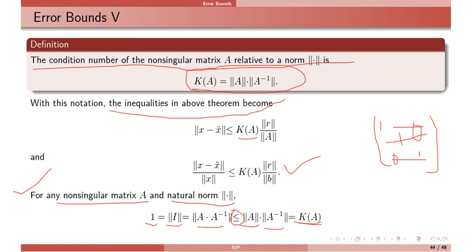Unlike the one dimension problem in which we stated that the condition number is 1 or less than 1, here for matrix A it is always greater than 1. But it is not much greater than 1. So although it is greater than 1, it would not be much greater than 1. It will be like 2, 3, 8, 10, something.